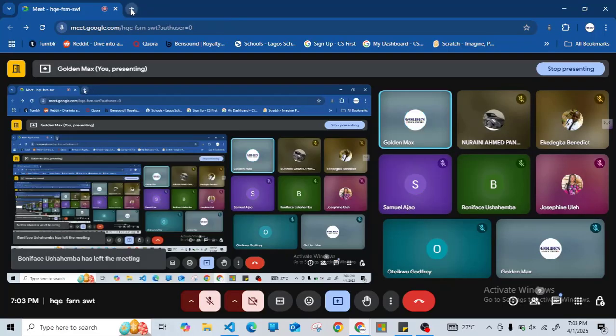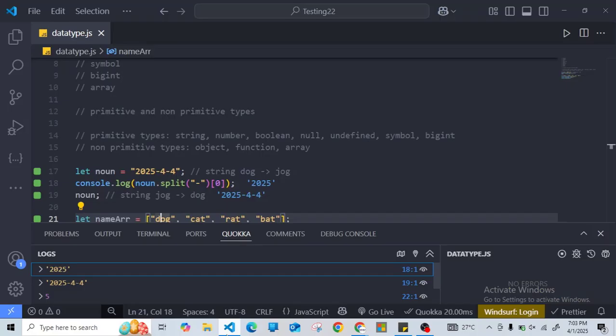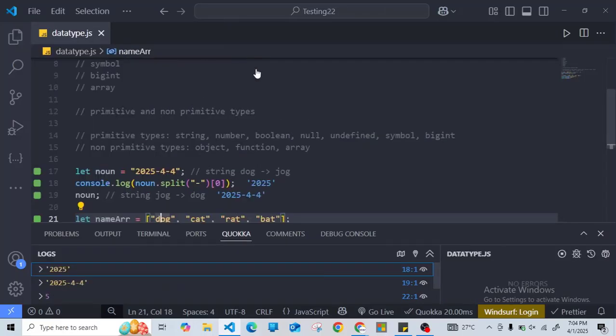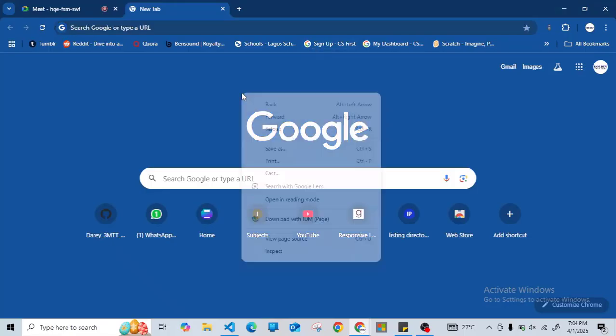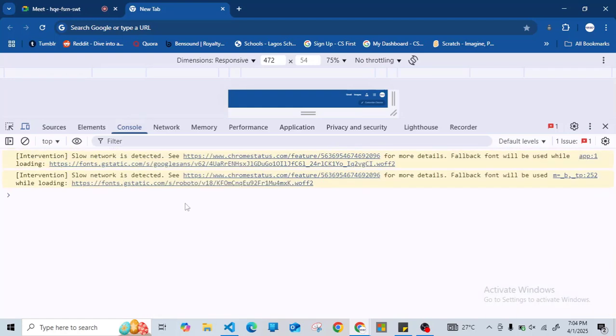So I'm going to open a browser and let me just run this. Oh, I don't have any HTML file here. So let me open the console right here. So in this console, if I type something like window dot,